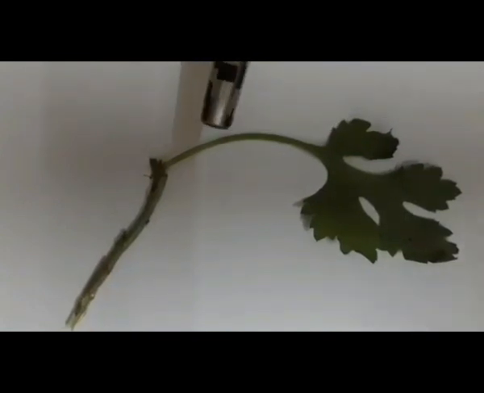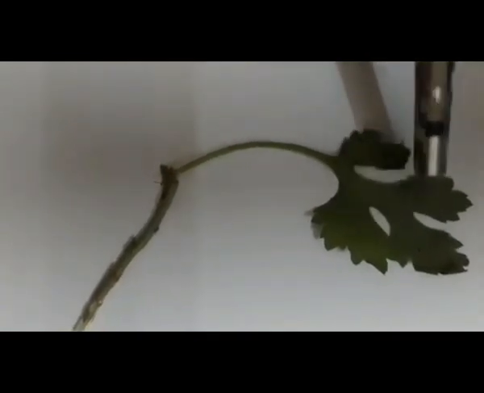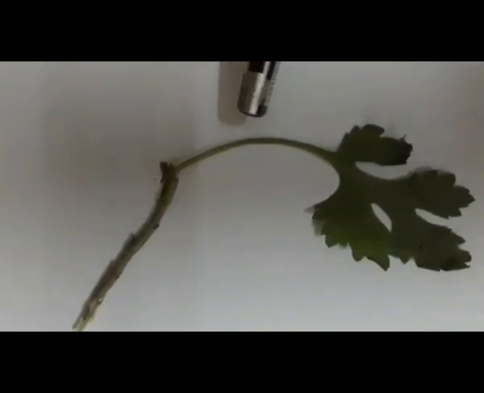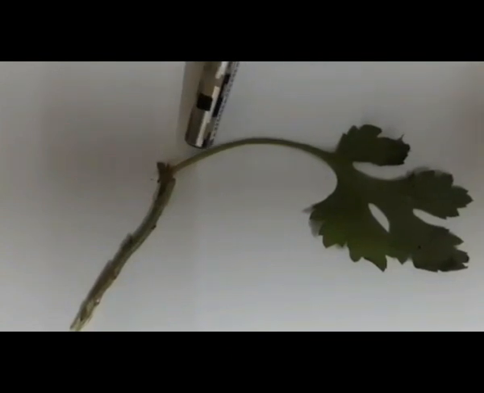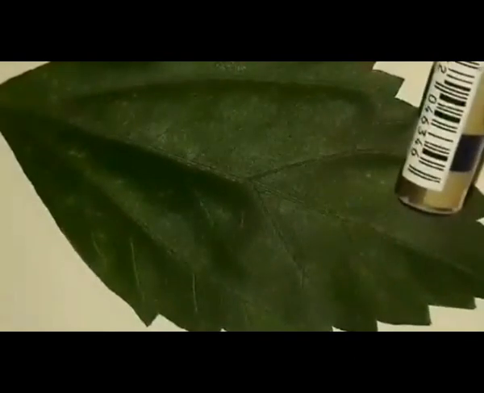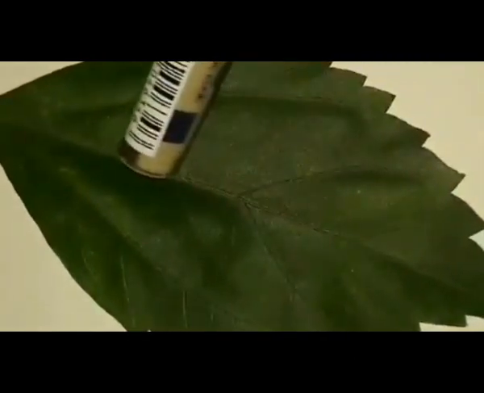Now, the part of the leaf blade that connects to the stem is called the stalk or petiole. This part which connects the stem and the leaf blade is called the stalk or petiole. Petiole. Now, if you see this very carefully, the line that runs in the center of a leaf blade